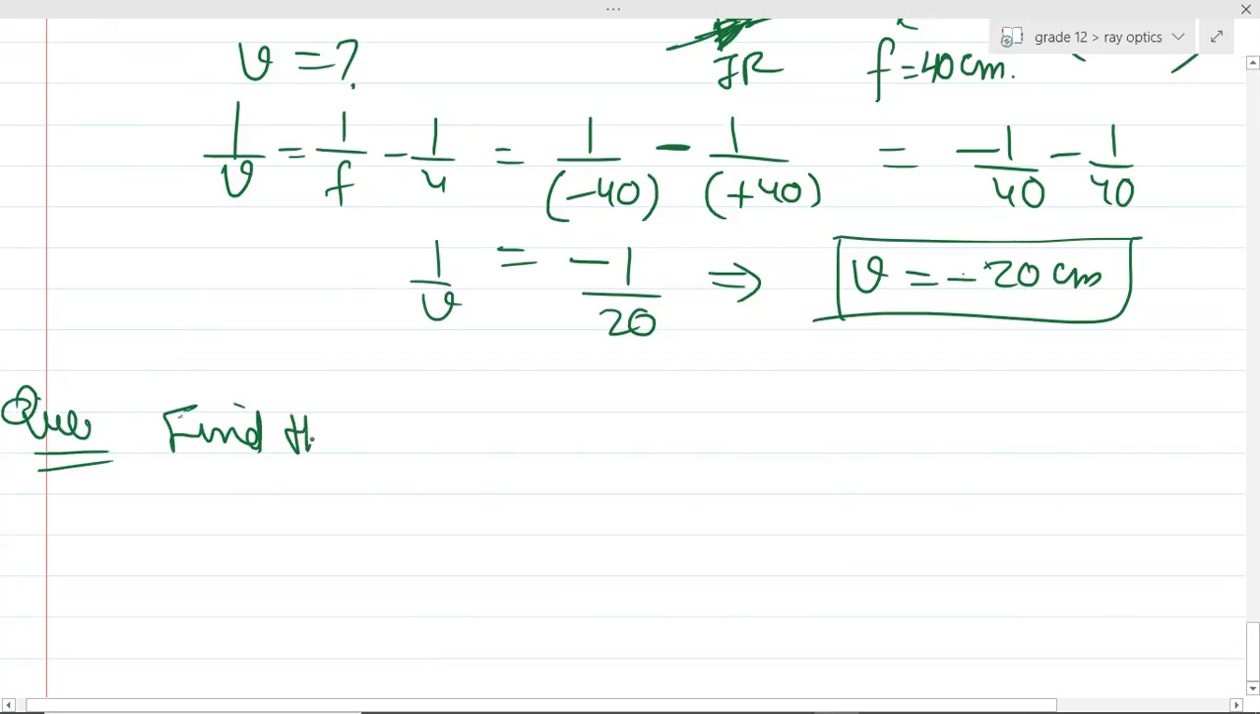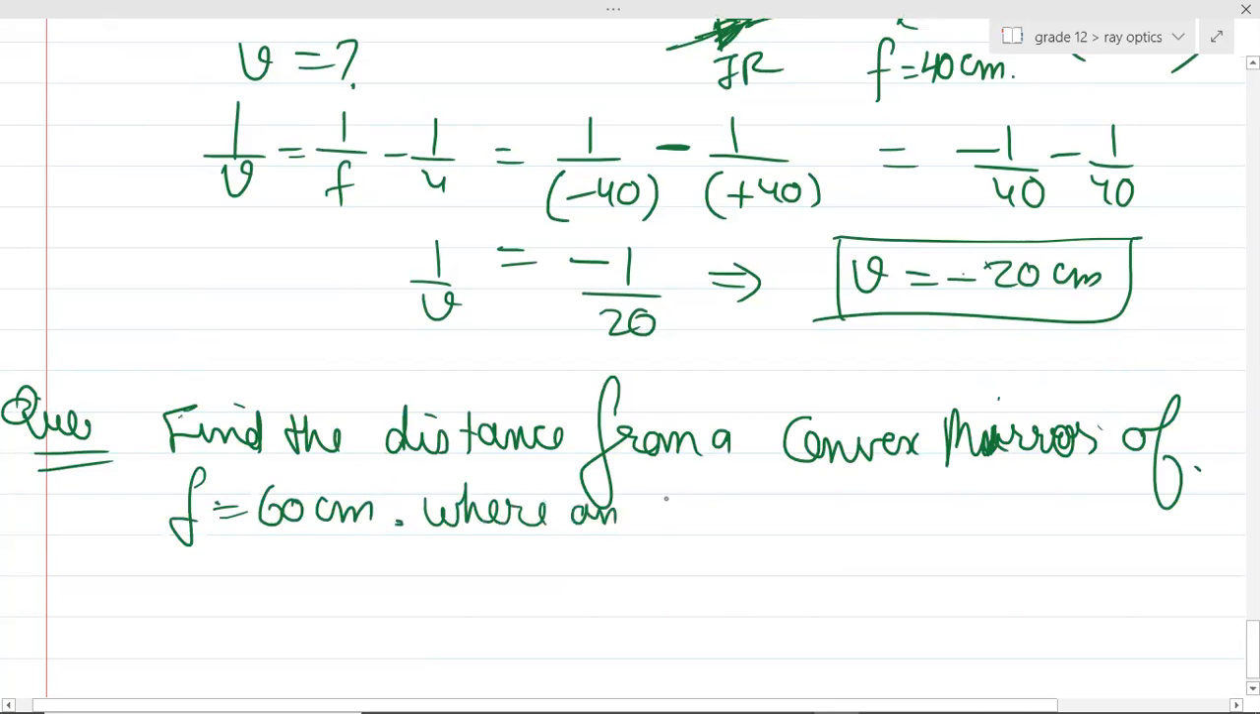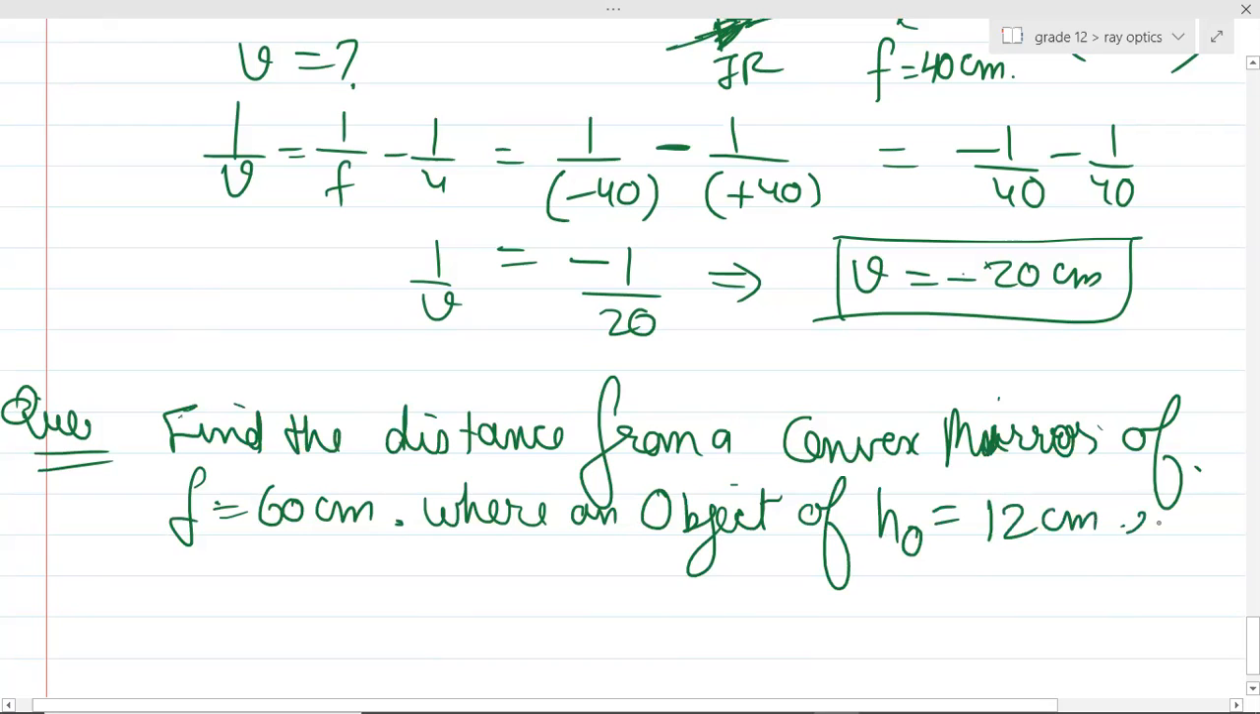Find the distance from a convex mirror. Please remember all the distances are measured from the pole, right? So I'm asking the distance from the pole only. Of focal length 60 centimeter, where an object of height 12 centimeter should be placed